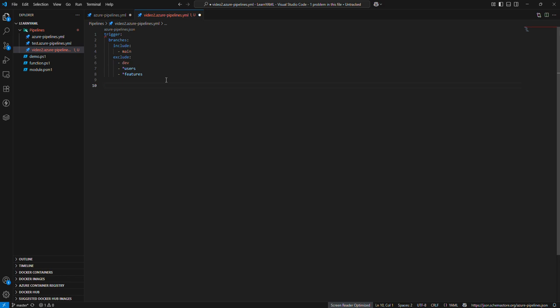Then we write pool. In the pool, we have to mention what pool you want to use. Press enter and give two spaces. Give the VM image, the image you want to use. Everything is good. Then give ubuntu-latest, let's say. And then what you have to mention is steps, and under the steps